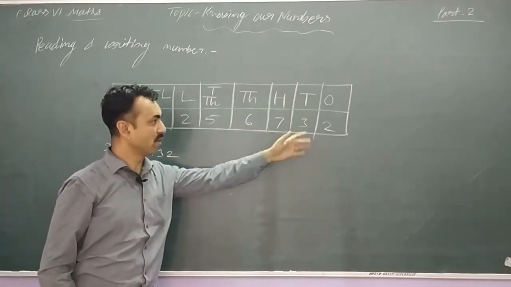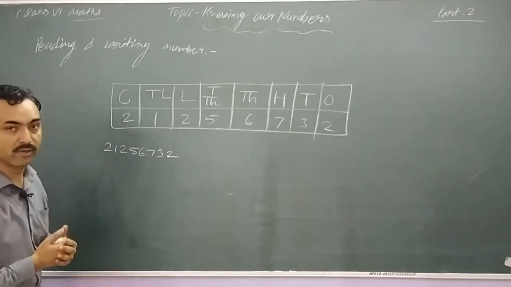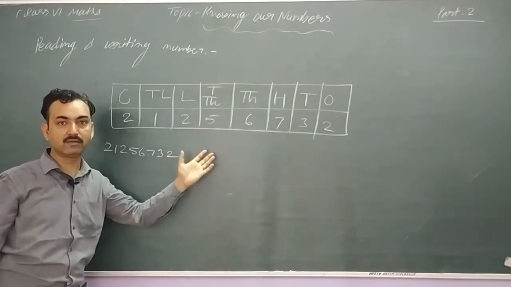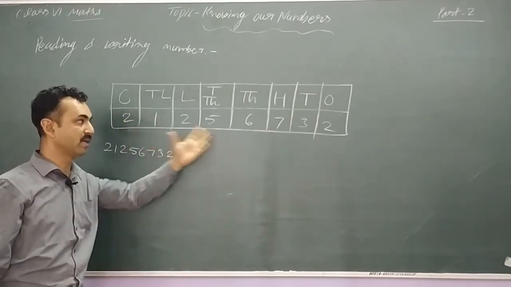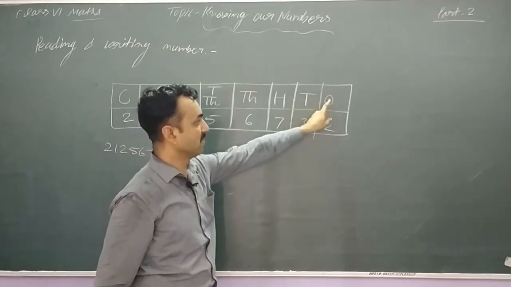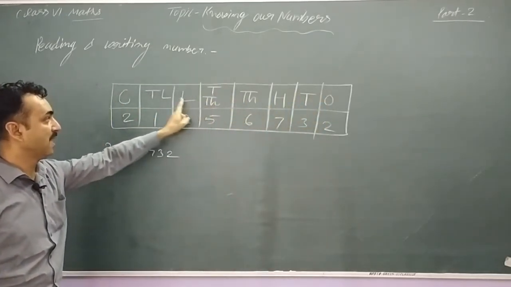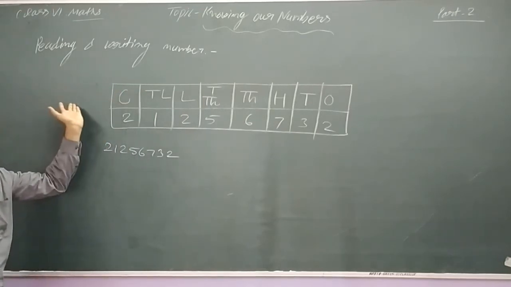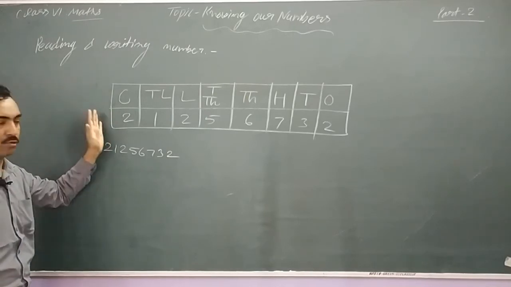So first of all, suppose you want to read this number. What do you have to do? You will not make the table every time, it is very complicated. Just for understanding the places, you have to remember the places. You have to remember these places: ones, tens, 100, 1000, 10,000, lakh, 10 lakh, crore. And after crore, 10 crore. Arab is not in your course, but I am telling you. So you have to remember up to 10 crore.